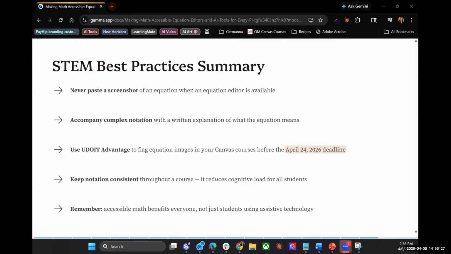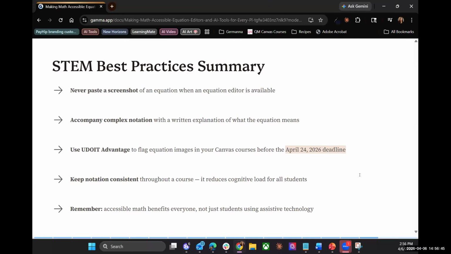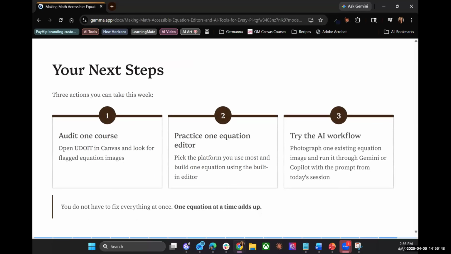And if you do the two-part thing where you have the written image and handwritten notes, and then you have a text-only version, you are really providing that +1, which is universal design for learning, which is a best practice for all students. So the one thing that I want you to leave with is to make sure that you audit one course,